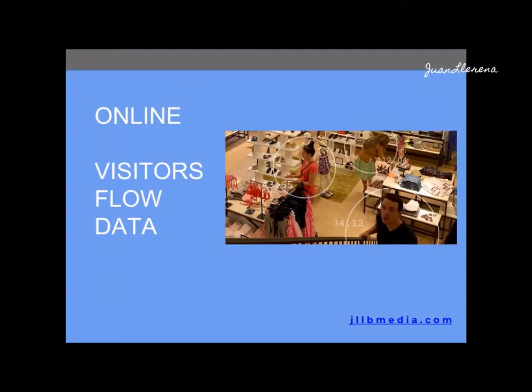Okay, the visitors flow data is represented by the walking path. Basically, how do you want people to walk your store? How do you want people to walk your business? Do you want them to go left, or do you want them to go right? There are many ways this is being done, analyzing this flow data in the stores, by having cameras that are actually looking at what shoppers are doing and which ways they're walking the store, where they're stopping to look at product, what things they're grabbing, or what things they're just walking by without even looking.